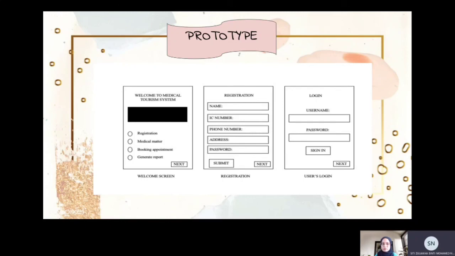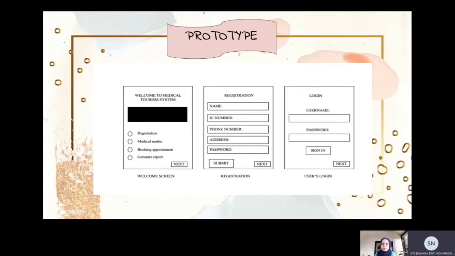In the registration screen, the patient or user needs to fill in information like name, IC number, phone number, address, and password to log in to that system. Then after finishing filling in the information, the user submits that information to the system.